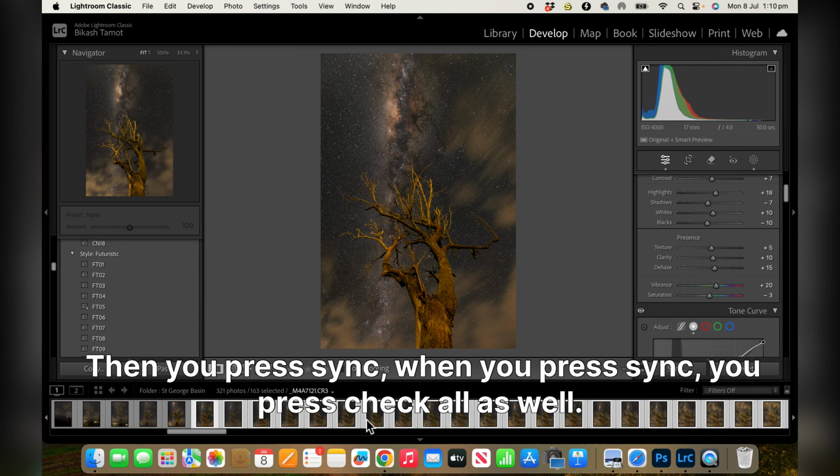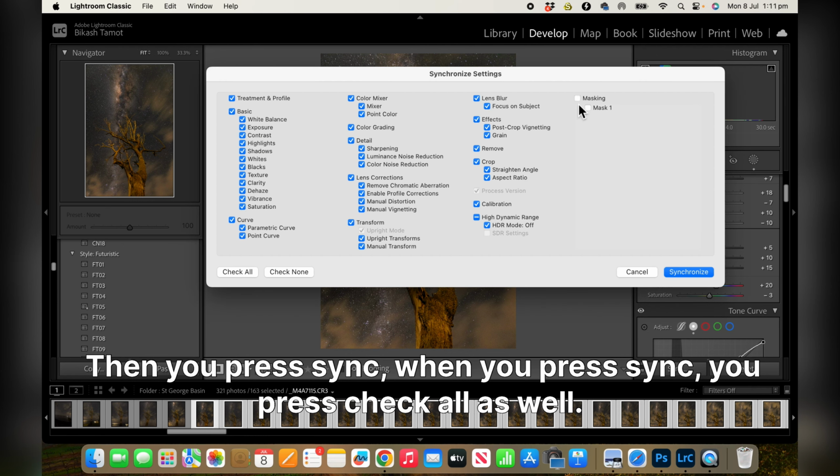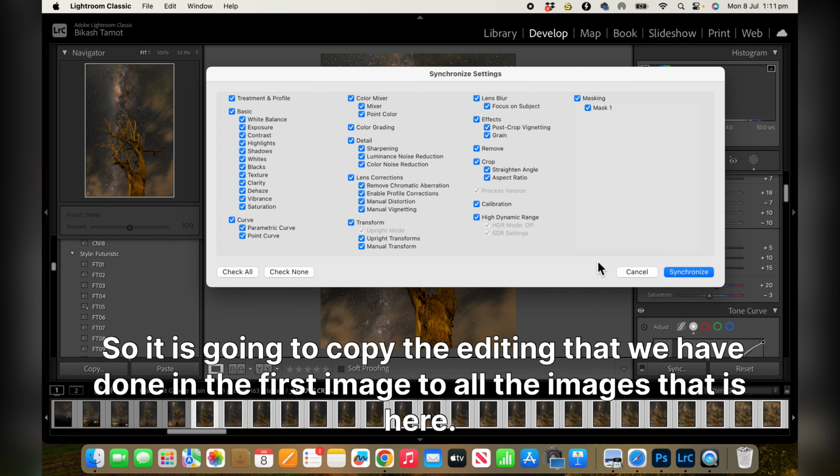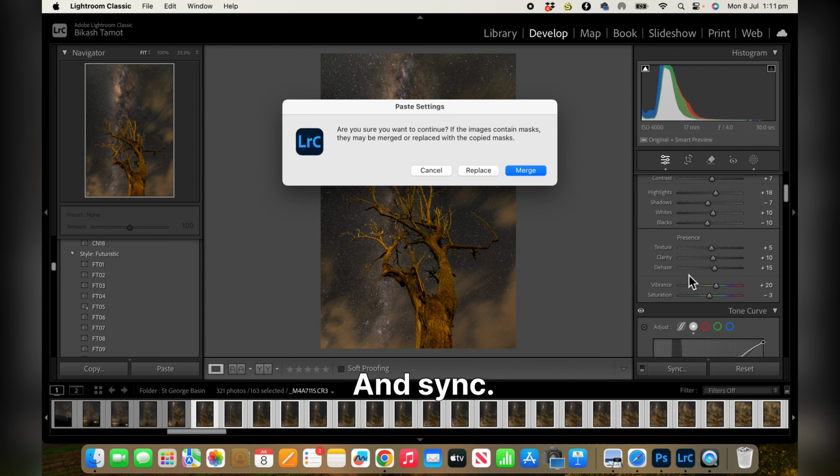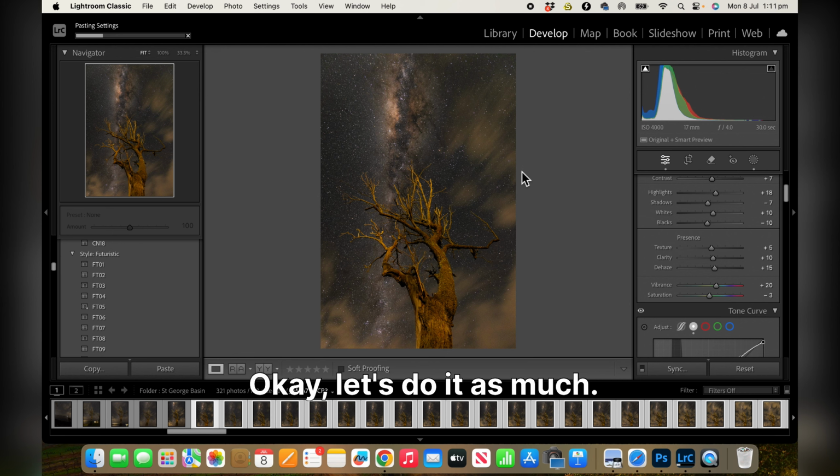and then you press sync. When you press sync, you press check all as well, so it's going to copy the editing that we have done in the first image to all the images that is here, and sync. Okay, let's do it as merge. So pasting settings,